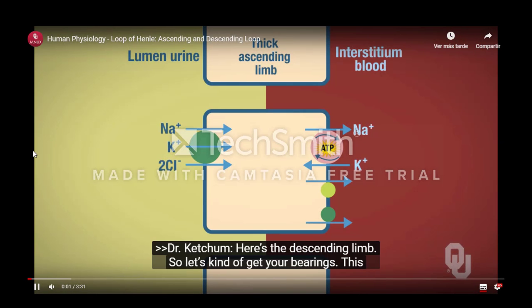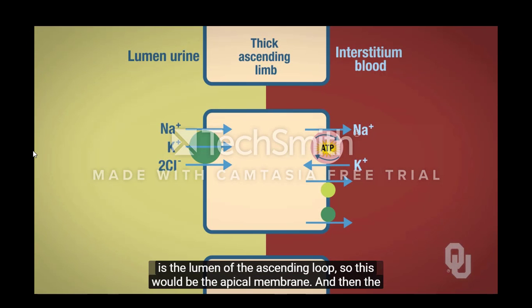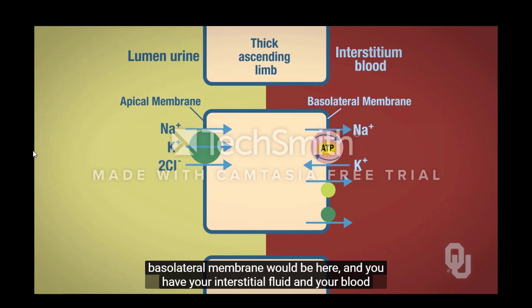Here's the descending loop. So let's kind of get your bearings. This is the lumen of the ascending loop. So this would be the apical membrane. And then the basolateral membrane would be here. And you have your interstitial fluid and your blood off to the side of that. So once again,